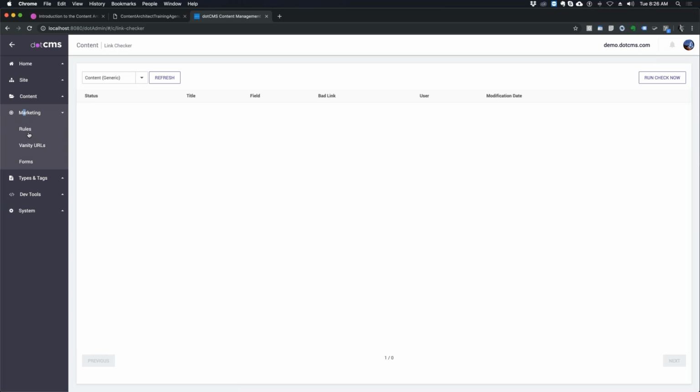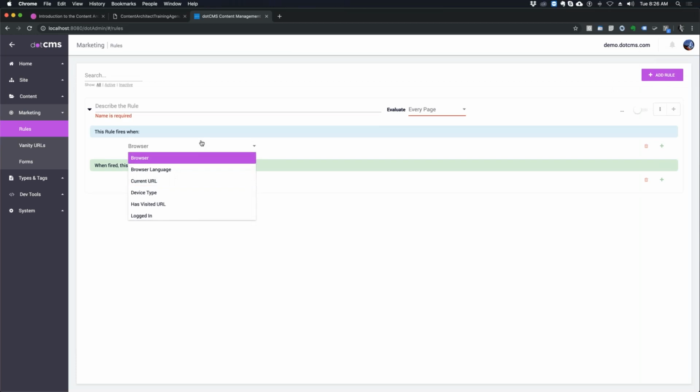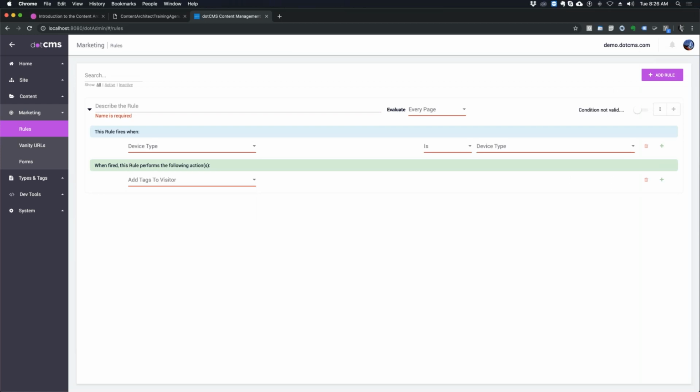We have a marketing section here that has a rules engine. This rules engine can add rules and conditions such as, what if the user happens to be on a current URL, if the user happens to have a device type that is mobile, what do you want to do? You can set visitor personas, you can set request attributes, session attributes, redirections, whatever you wish to do. There's a lot of different features here for conditions and rules, and you can also add your own. So we'll get into the specifics on how you create these rules and how they activate on the front end for personalization